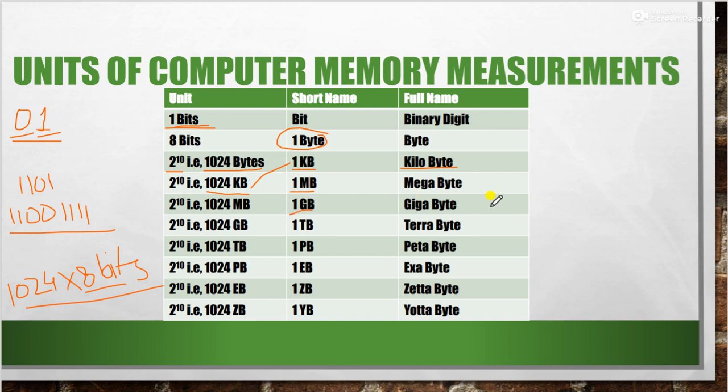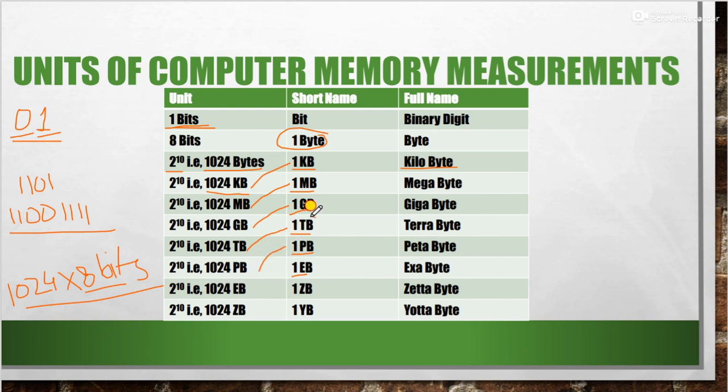Okay, then your 1 GB. 1 GB is your 1 gigabyte. It is nothing but 1024 MB. Again the previous one. Similarly, 1 TB. TB stands for terabyte. 1 terabyte is again 1024, but it is GB. Again the previous one. Similarly, after the terabyte, you have 1 PB. PB stands for petabyte, and it is again equal to 1024 of the previous unit, that is your TB. Then you have 1 EB. EB stands for exabyte. Okay, then it is equal to 1024 PB, again the previous one.